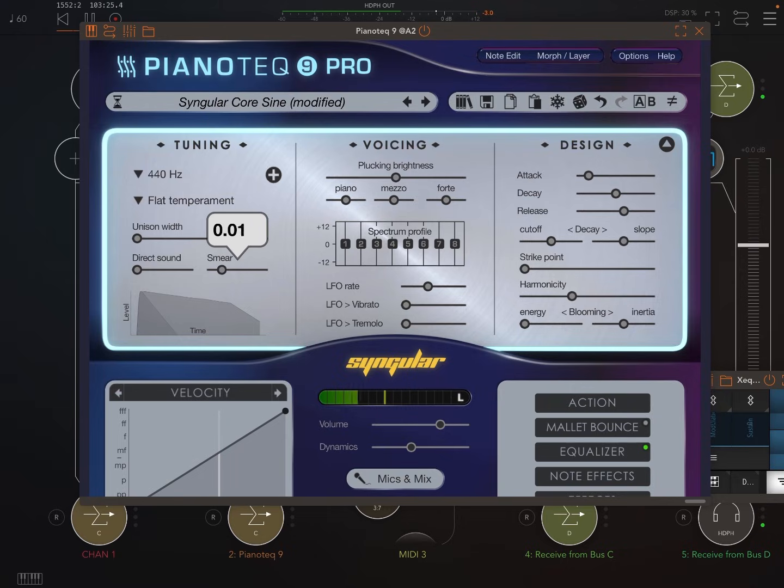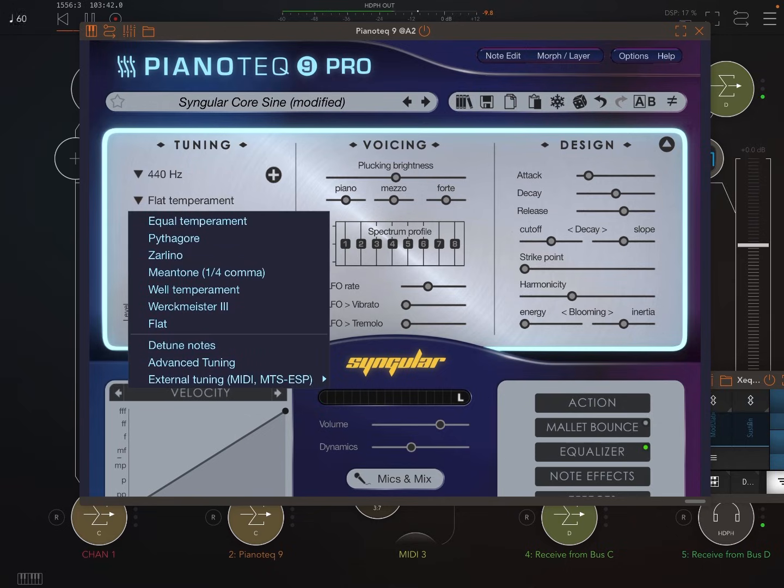And there's a thing here, smear. That'll basically muddy the transients, I think. You hear that's not as sharp compared to that. Also, you've got all these different temperaments for when you want to play as well. That's one of the strengths of Pianoteq. You want to play in well temperament or mean tone or whatever,